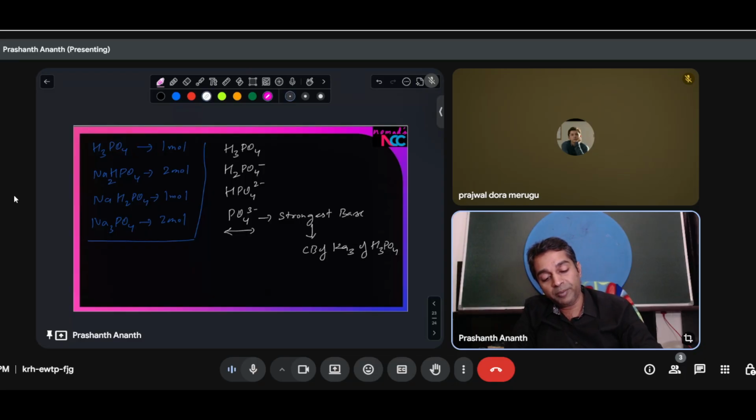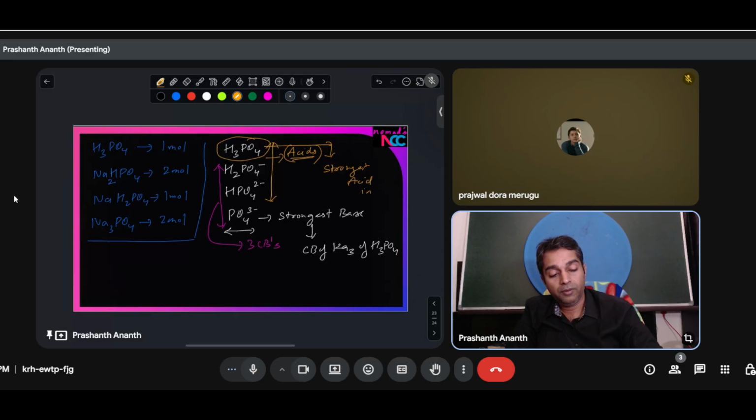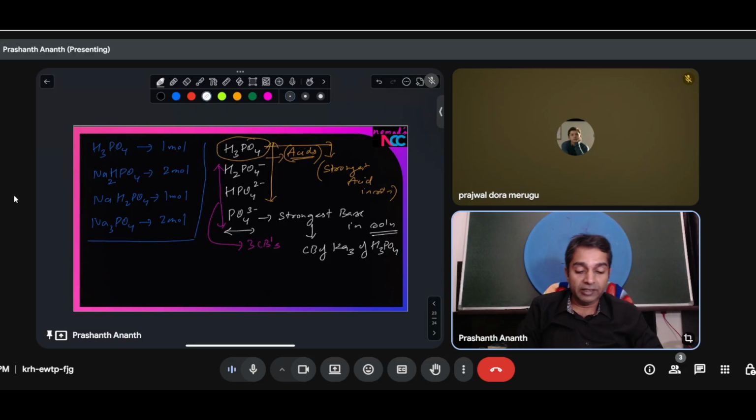So which are the conjugate bases? These 3 are the conjugate bases. And these 3 are going to be my acids over here. So among the acids, which is strongest? H3PO4 is strongest among the 3. And of course, this is the strongest base in solution. If I am going to be having it like this, now I can straight away proceed and understand that